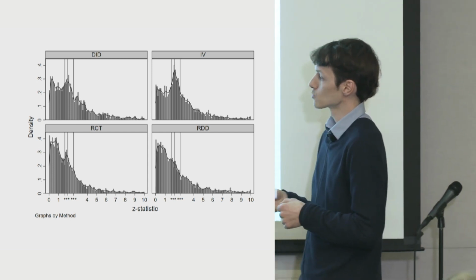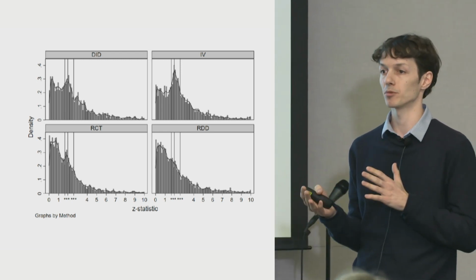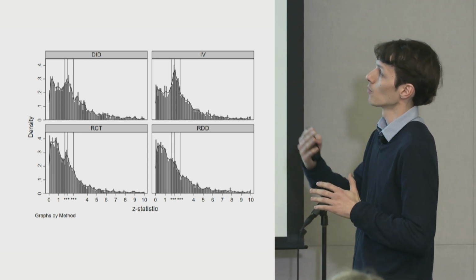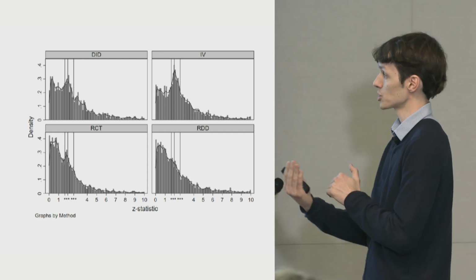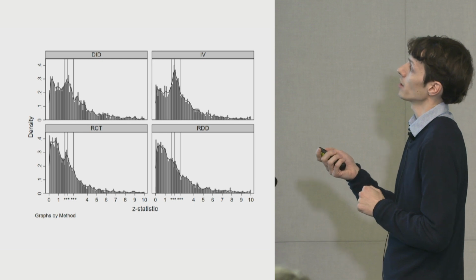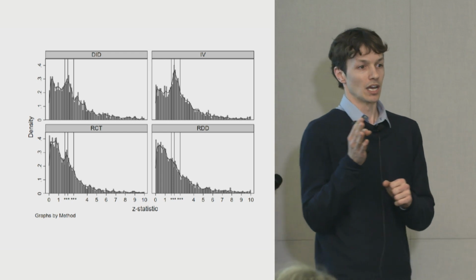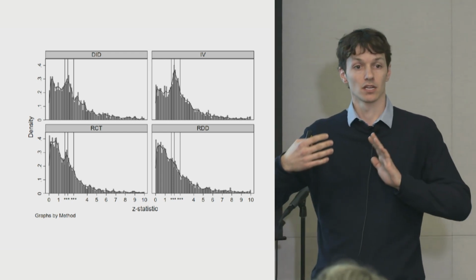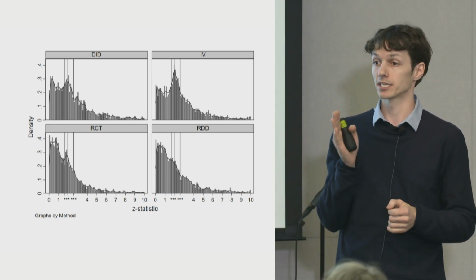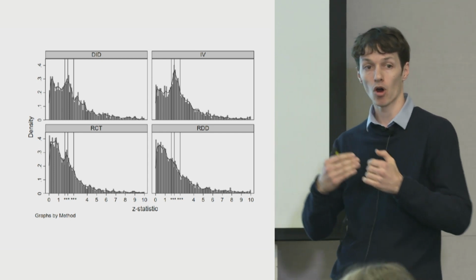What we're interested in is whether there's bunching, whether there's a mass at 1.96, at 5% level, or at 10% level, or at 1% level. Okay, so just take 5%, for instance. What we see is that for RCT and RDD, the bunching at 5% level is much less than for IV. If you look at IV, for instance, the maximum is exactly at 1.96. You can interpret this the way you want, but what you get is just that IV papers are more likely to reject the null hypothesis, especially around the critical values, than RCT or